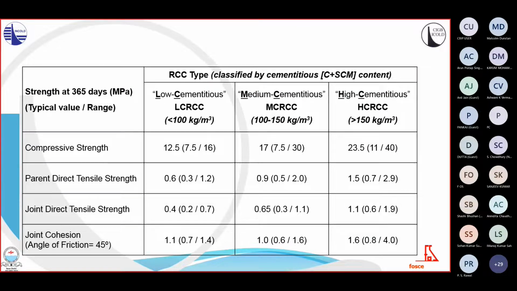RCC types are also classified by the total content of cementitious materials in low, medium, and high cementitious RCC, with respective limits in 100 and 150 kilogram per cubic meter as indicated in the table. Some typical strength values at 1 year age are included in the table for each type. This table is a summary published in the new RCC bulletin. The lower values of the column at the left side corresponds to low cementitious, less than 100